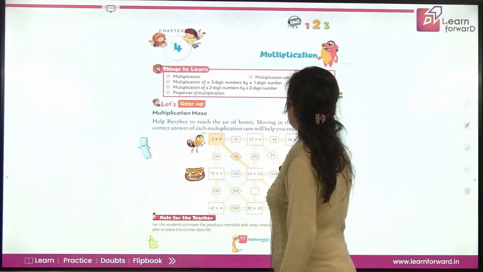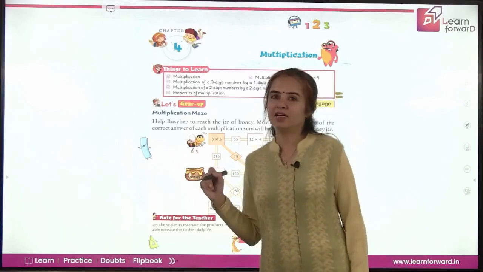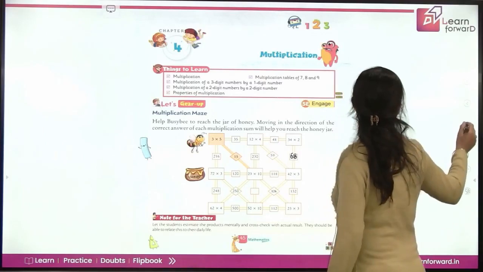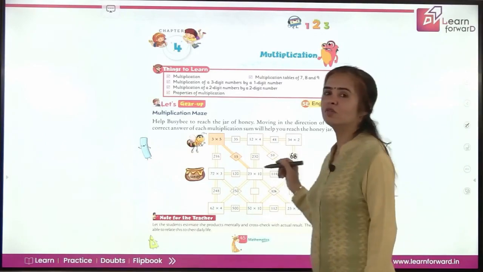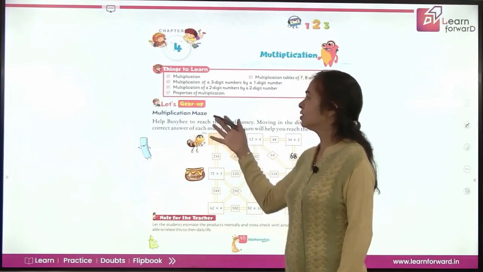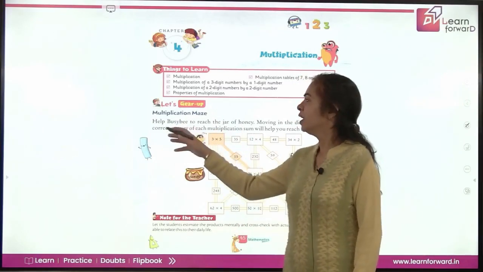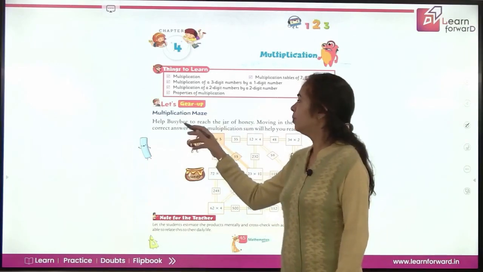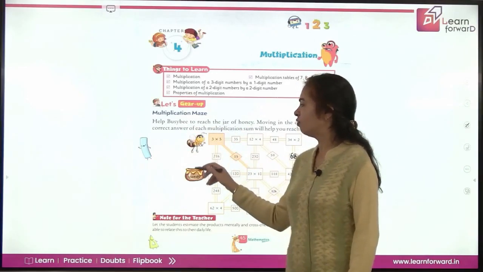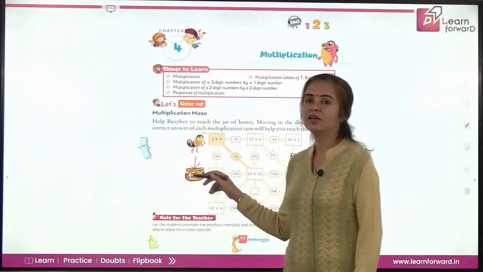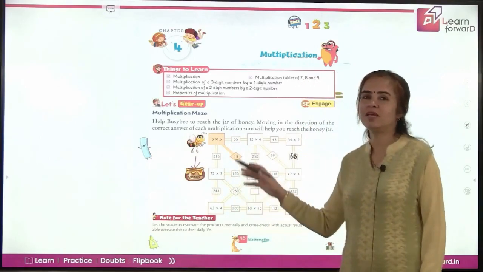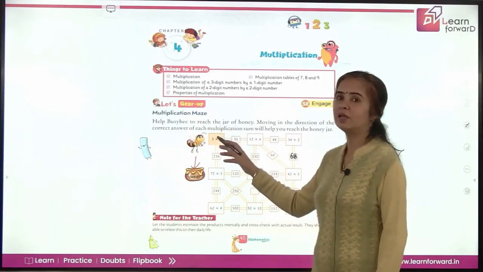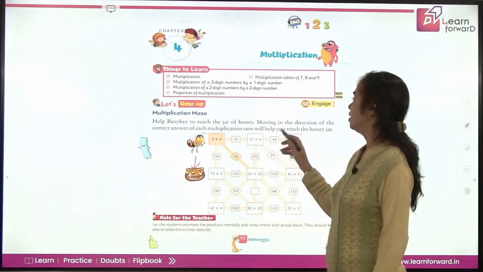So if you have learned the multiplication tables well, you have understood how to multiply numbers, let's have a gear up exercise for you from the past learning. So here is a multiplication maze for you. Help busy bee. Can you see the busy bee here? So how are you going to help it? Help busy bee to reach the jar of honey. It's just here. But then it has to move into this maze. How? Moving in the direction of the correct answer of each multiplication, the sum will help you reach the honey